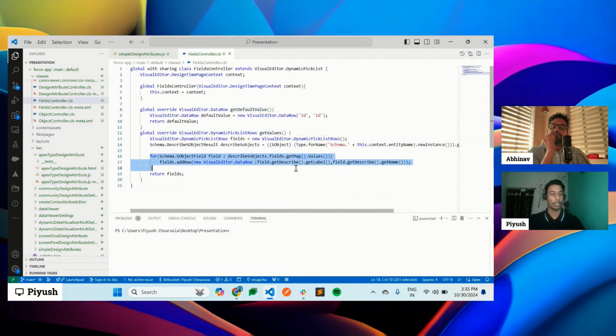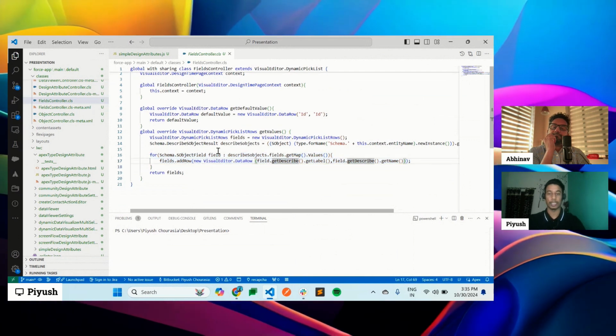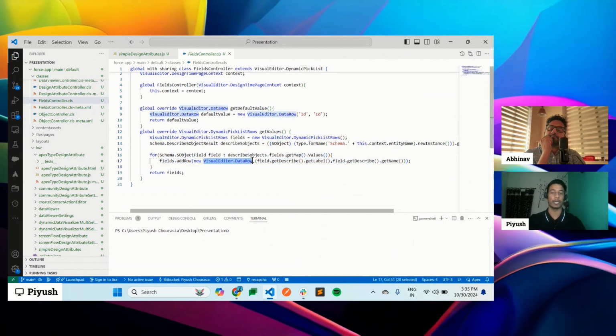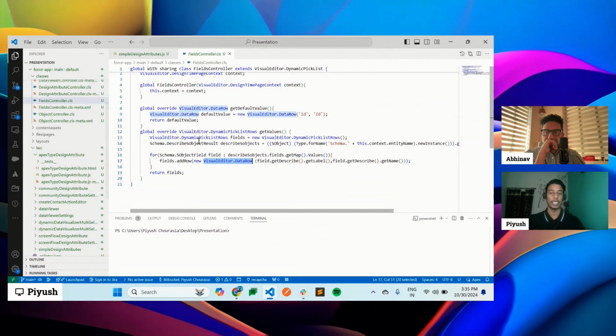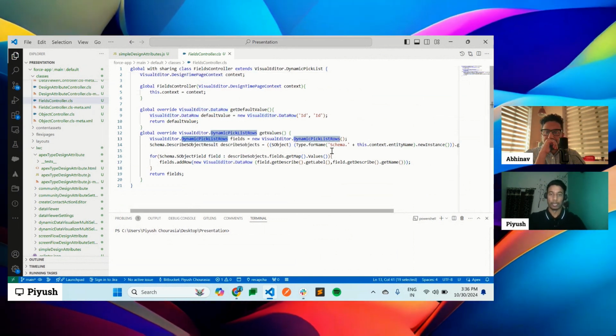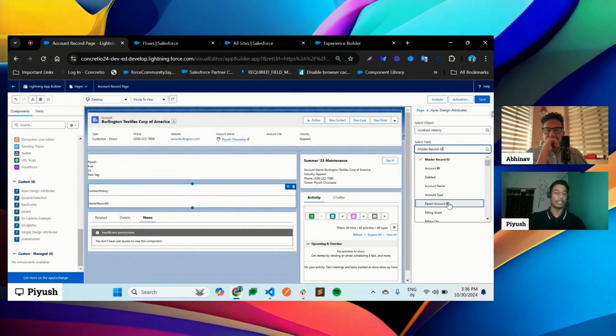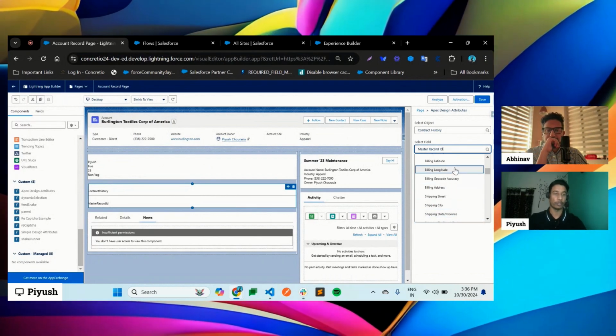You can specify your custom logic here, but the thing to notice here is you need to just prepare this visual editor data row and put it into the dynamic picklist row. And this is how you can get all the fields or whatever data you would like to display right over